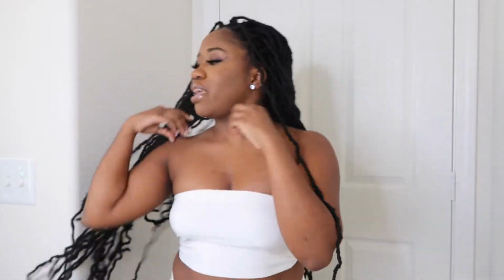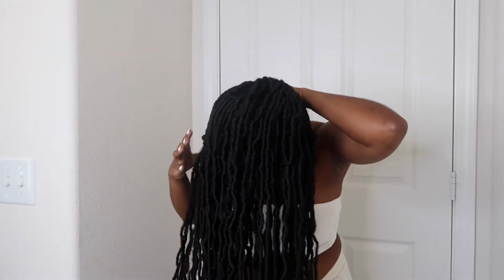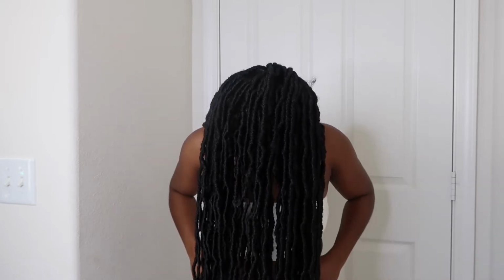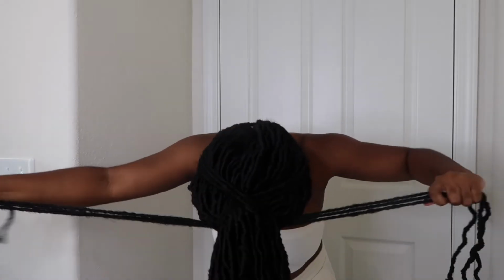Okay, so the last hairstyle, well, maybe second to last, we'll see, that I'm going to try is actually a ponytail. So I'm going to flip all the hair forward. Now I didn't do anything special to the back of my hair because this hair is so long. It doesn't really matter what the bottom looks like unless somebody's really all in your head like that. But you're gonna throw all your hair forward, take the back pieces, cross them, tie them in the front, squeeze them tight, flip the hair back over,